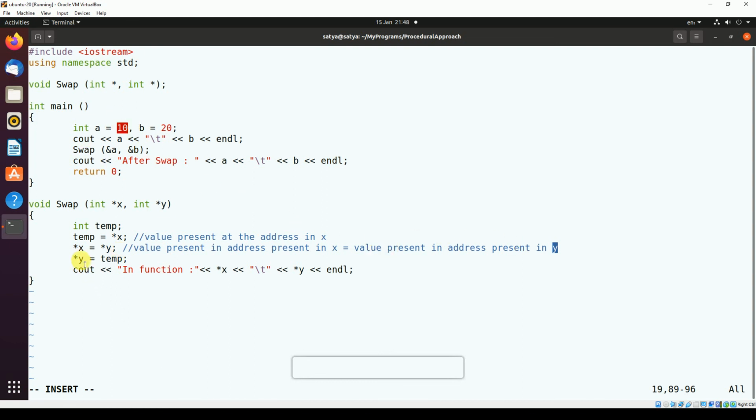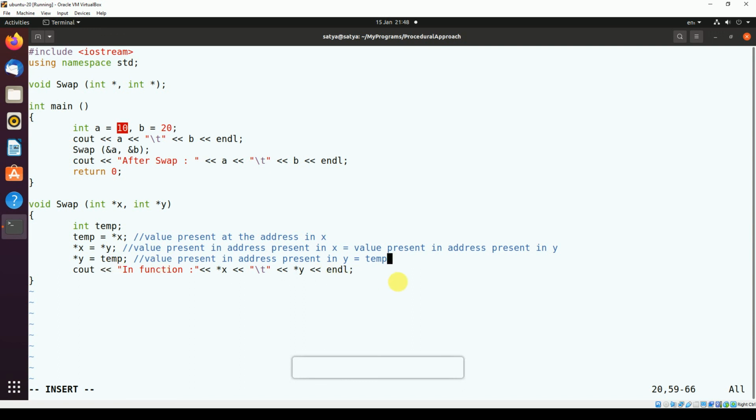Okay, so later what we are doing, star y equals temp. So here again, same thing: the value present in the address present in y equals temp. So temp is having 10 previously.